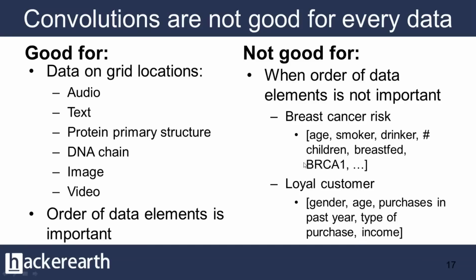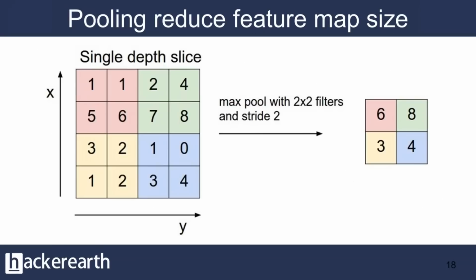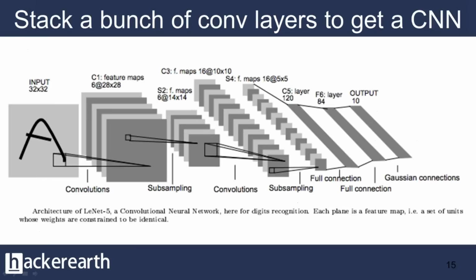So whenever you have an input like this, unlike pixels of an image whose order is important, for unordered data, convolutions are not a very good idea. There are other deep learning models that you can use for that, but convolutional neural networks will not be one of those. Okay. So one of the things that we skipped in this